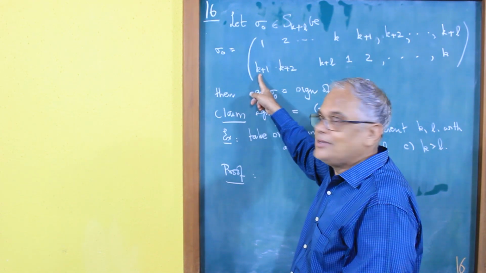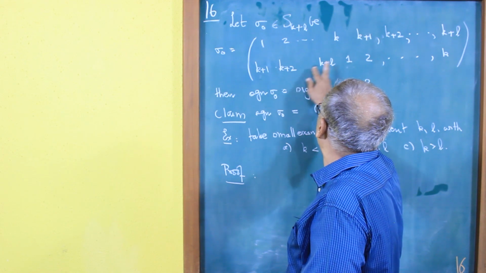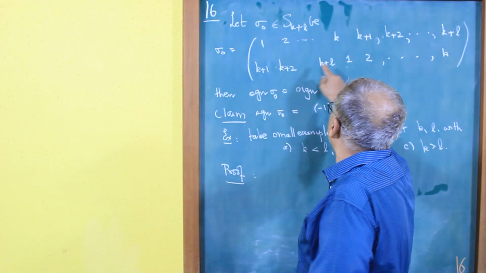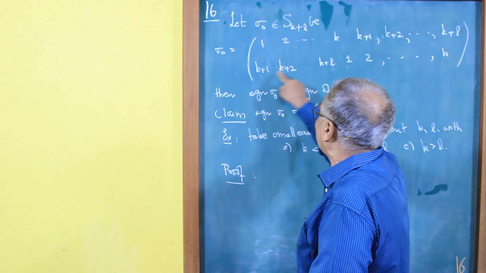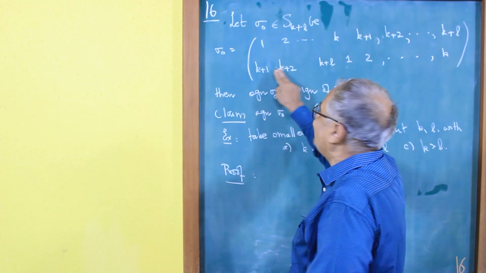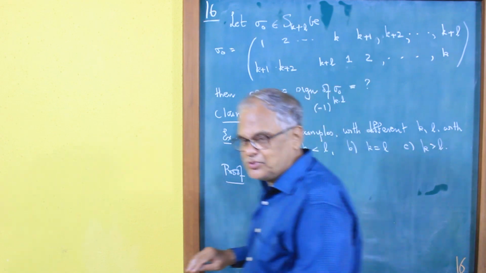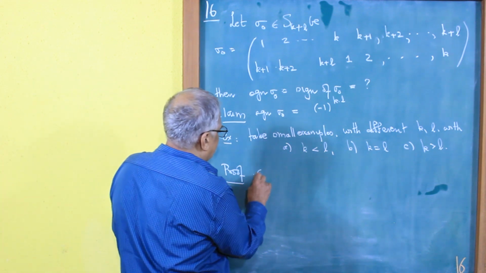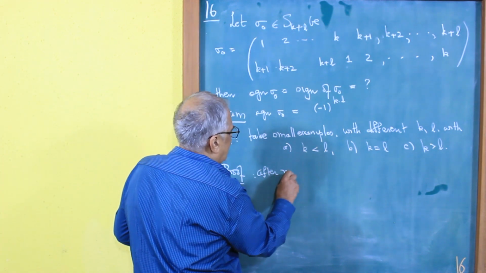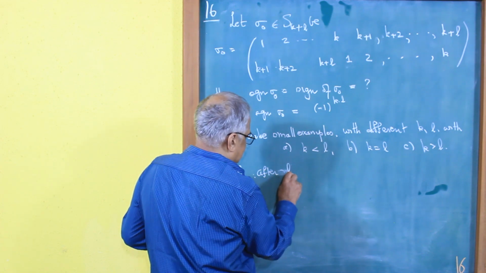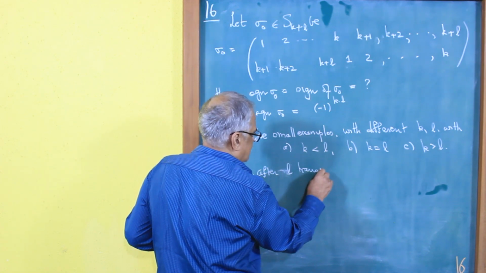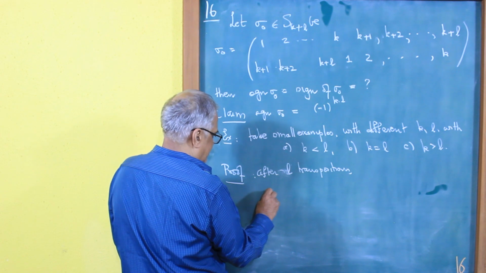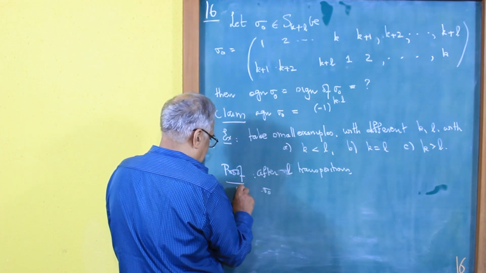At the end of this, how many times are you interchanging? You are interchanging it this time, this time, this time. How many times are you doing it? You are doing it L times, because there are L terms in front of it. You have to do L interchanges. Each interchange is a transposition. The sign of a transposition is minus 1. So after L transpositions, what do you get? You have sigma naught and L transpositions.